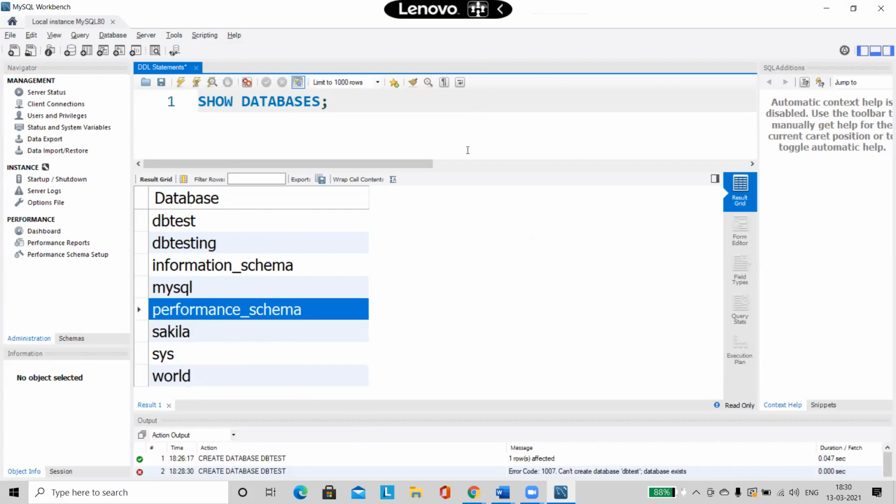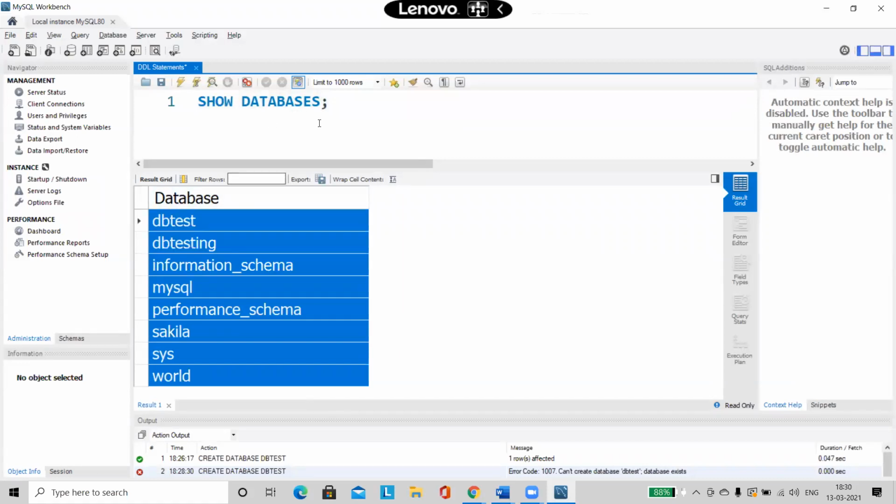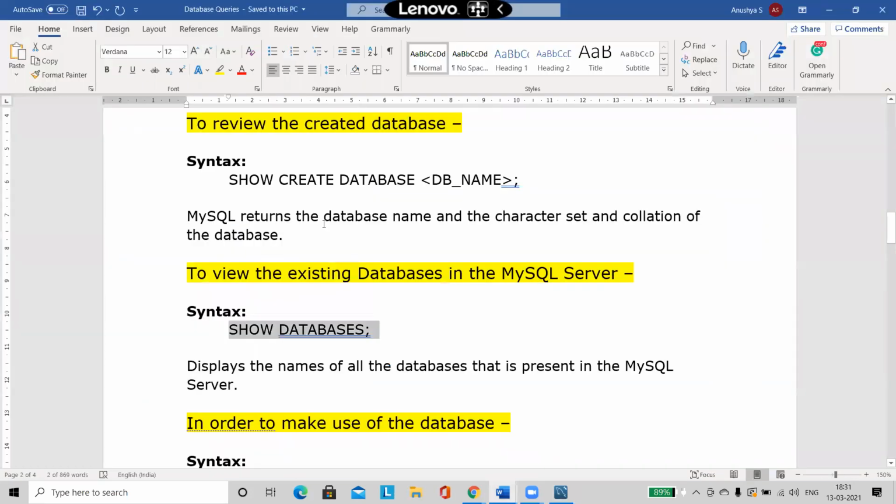I don't know how many databases will be there. If my list has some 1,000 names, can I go through all the 1,000 names and try to search whether it is there or not? No. Here I'm having only some 4 or 5 databases, the entire list, so I'm able to say whether my name is there or not. But what if this list is very long? It is not practically possible for us to search. So I need an alternate way.